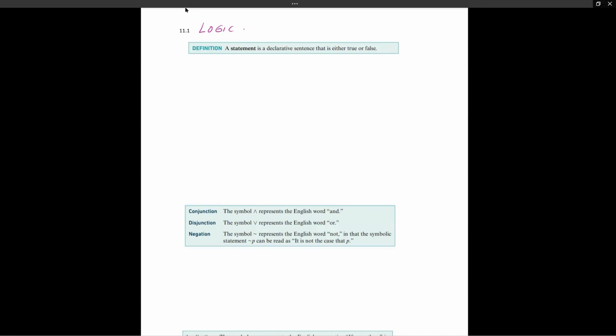So there are many applications for it. And we say we have a declarative statement that is either true or false. So let's say it correctly. A statement is a declarative sentence that is either true or false.